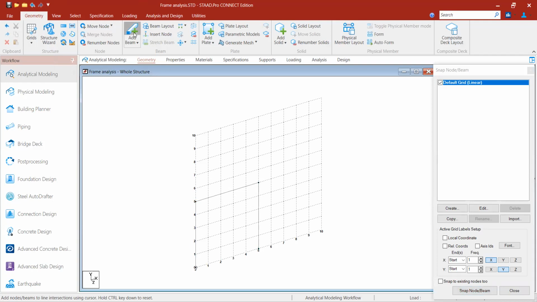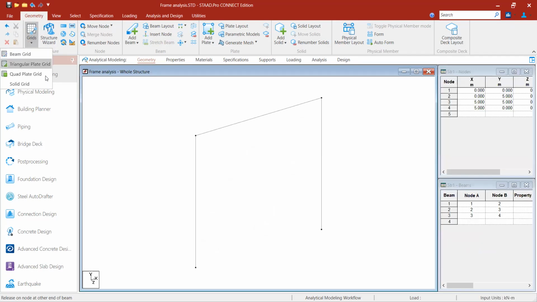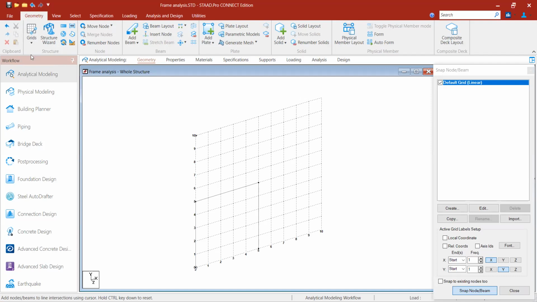Then next I will add a beam. I will go to beam grade. I will make the second story of it. So this is how I have made the mesh of this frame.